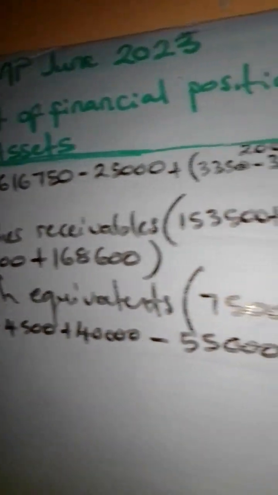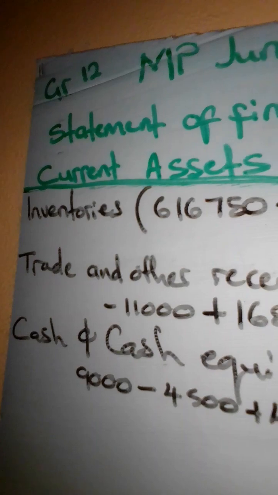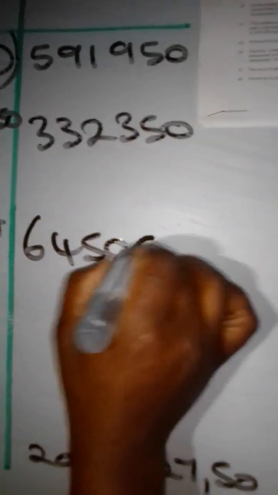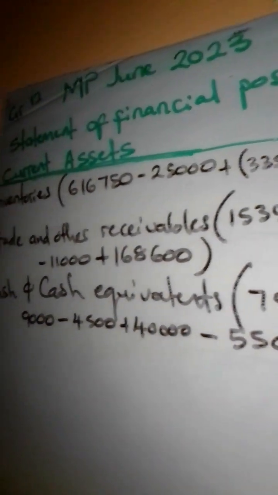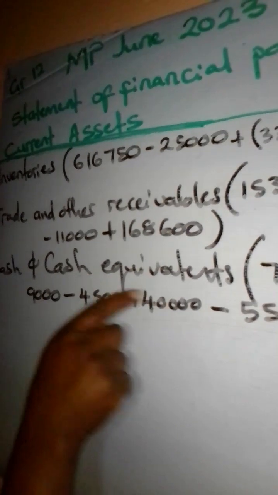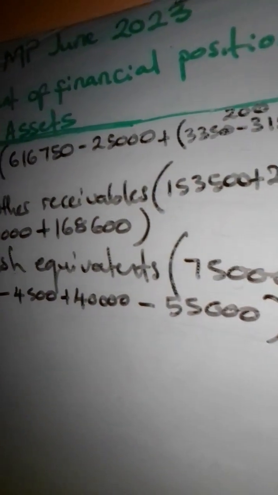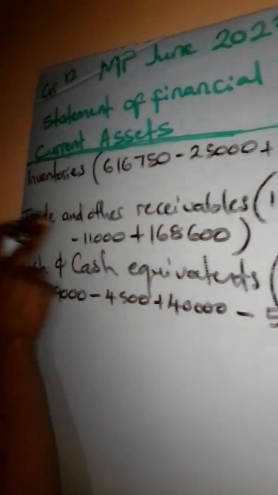Now we can safely calculate the total for the cash and cash equivalents, which is something like 64,500. I hope there are no errors in my calculation. You can also check with me. So like I said, this is the note for the current assets. It is made up of 3 items: inventories, trade and other receivables, and cash equivalents. And in this order, this is called the order of liquidity: inventories, trade and other